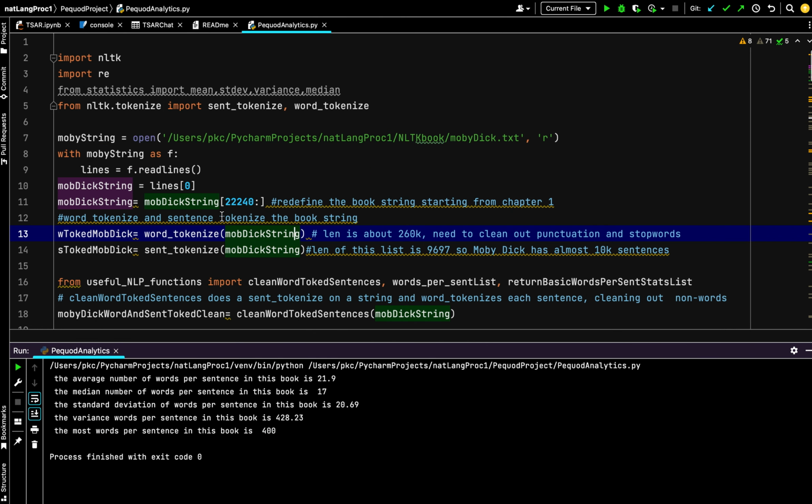Some NLTK stuff projects. I have here the Pequod, which is Moby Dick, named after the ship in Moby Dick. I'll have it saved here as, well, it's not here. It's, I think, right here. There's a text file,